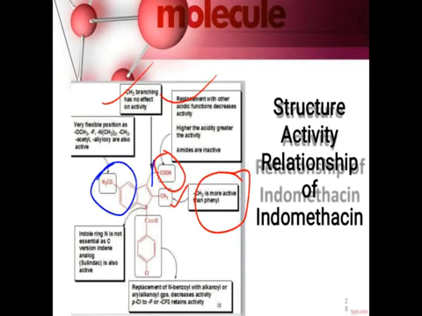Then this nitrogen. Regarding this nitrogen, it is not essential for the activity of indomethacin. So if it is converted into carbon, it becomes the indene analogs. For example, Sulindac. So here there is an indole ring, right? So if the nitrogen in the indole ring is removed and only carbon is replaced there,